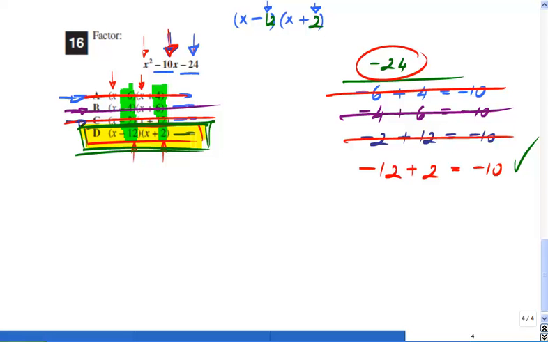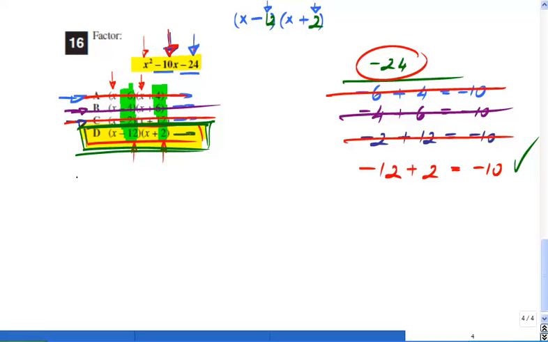It's not the only way, okay? Like I've showed you, you can do FOIL on each one of them, and whichever way will give you x squared minus 10x minus 24, that will be the answer. But the way we solved it was a little bit different. That's what you have to do for similar problems. And remember, guys, if by any reason you cannot figure it out, you don't remember how to factor it, but you remember